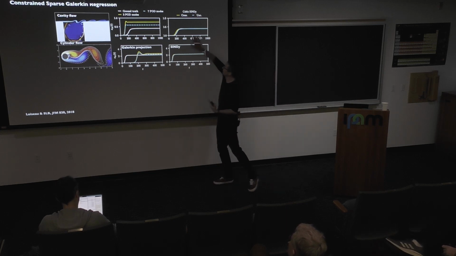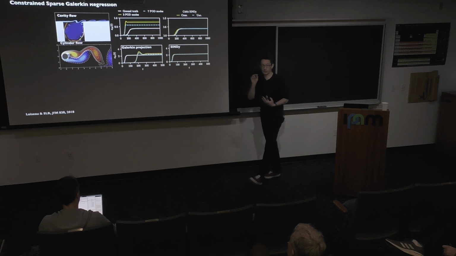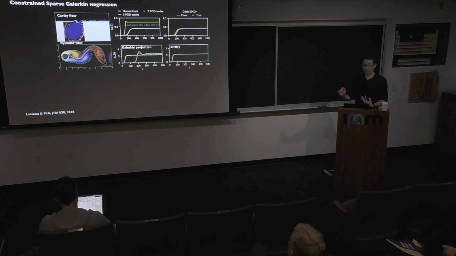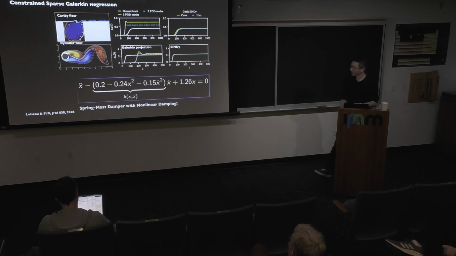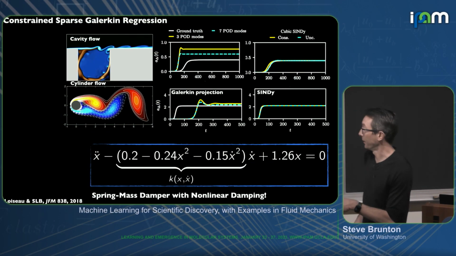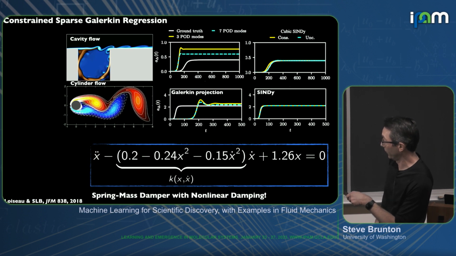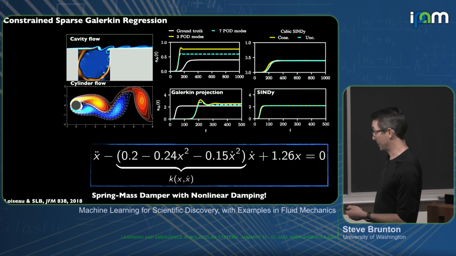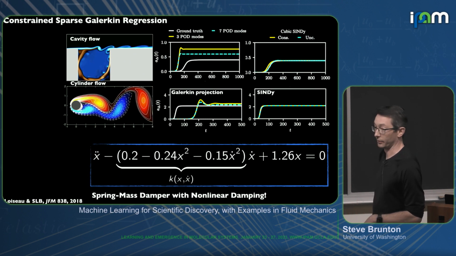Why I really like these SINDy models is because they are simple. They're sparse by construction. So you can take the model that you learn and write it down on a napkin and take it to a Parisian coffee shop and analyze it. That's what JC did, and you come up with this. This is the model JC got. This is the model that gives you this picture-perfect accuracy for this flow past a cylinder. It says that this flow can be very well approximated by a spring mass damper with a nonlinear damping coefficient. This is a van der Pol oscillator.